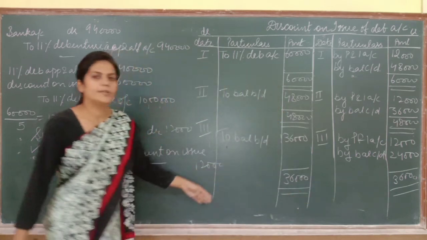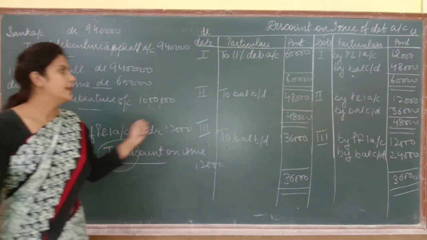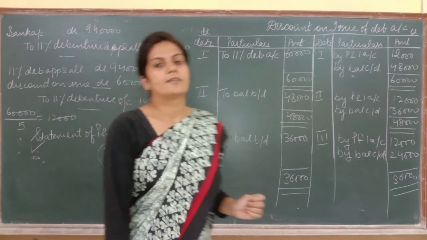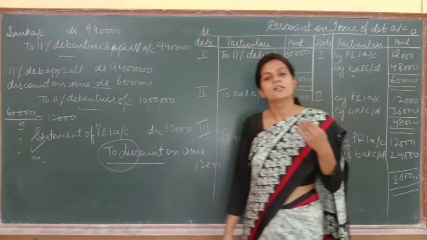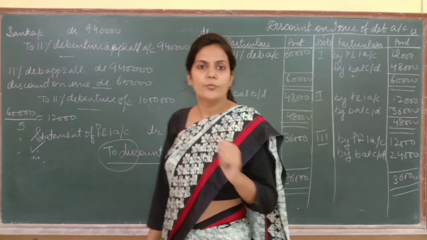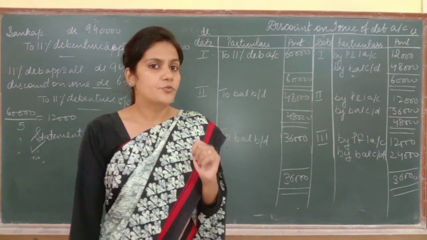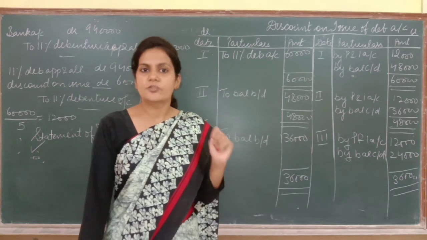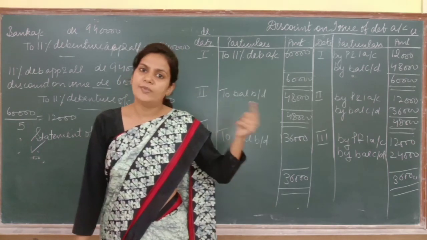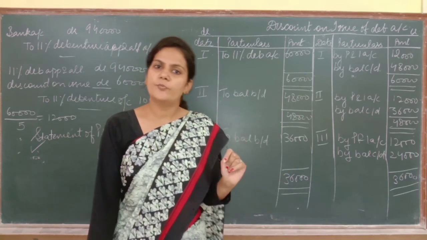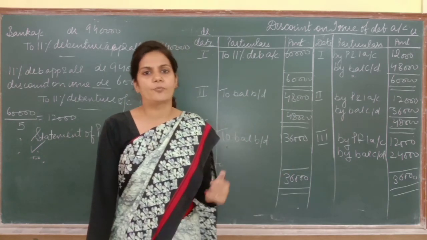So that which you can complete for the remaining 2 years also, and this is all about the ledger posting. As I told you, there is nothing new. All these concepts you have been doing. So now only one point more is left, that is when we have to write off discount proportionately. As I told you, we can write off discount in 2 ways. Either the installments should be equal or the installments should be proportionate. So now let's move to the next topic.